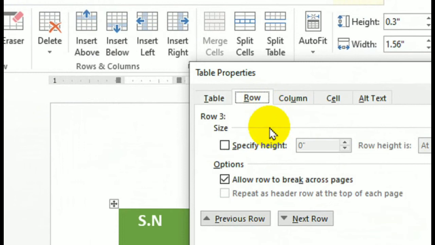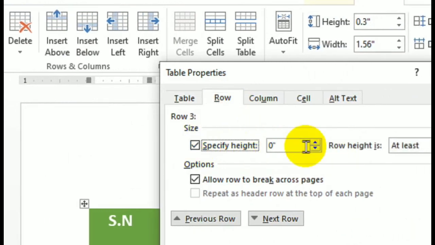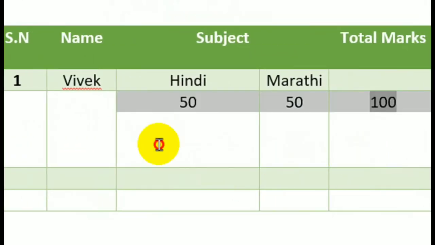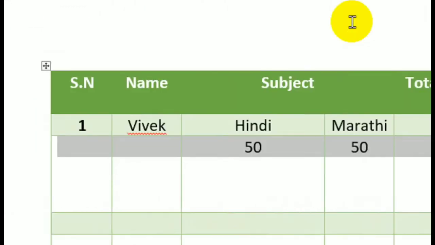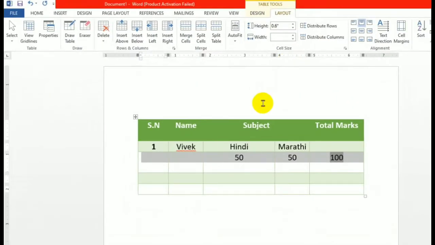Now I want to manage the row height and column width. So you can specify the height of the row. Here the row height gets increased. So where is that option? Actually in layout. Okay, before that you have to select properties. In that properties option there are all the options.